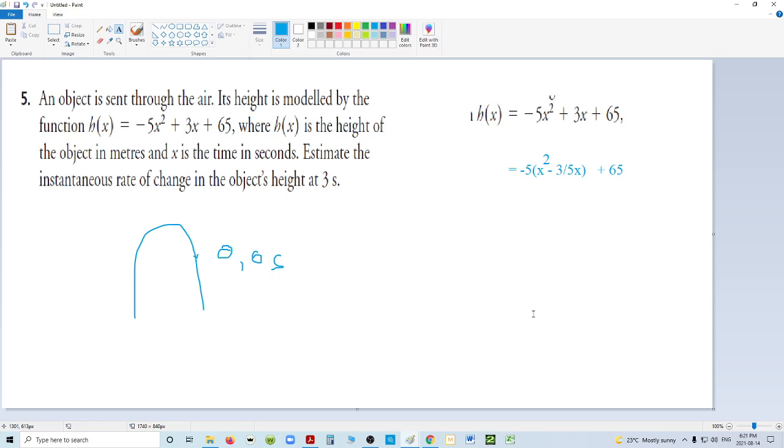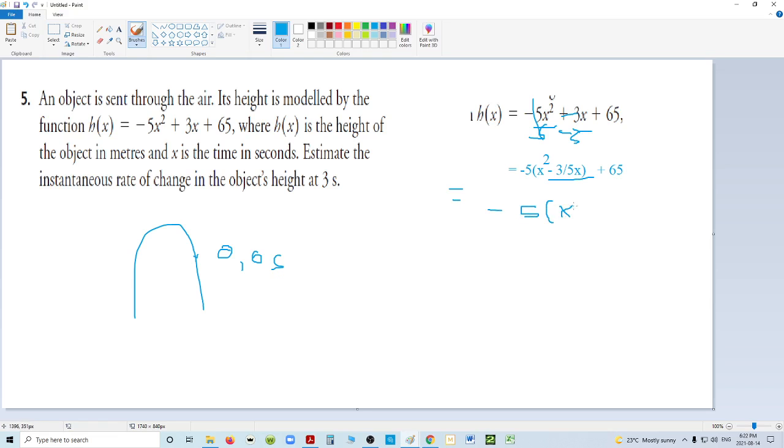How did I get the minus 3 over 5? Well, when I factored out 5 from this term and this term, I had to divide them both by minus 5. This one canceled out, and this one became negative 3 over 5. And the negative 5 therefore went in the front. Which instantly tells me that if I were to partially complete this, I would get a minus 5